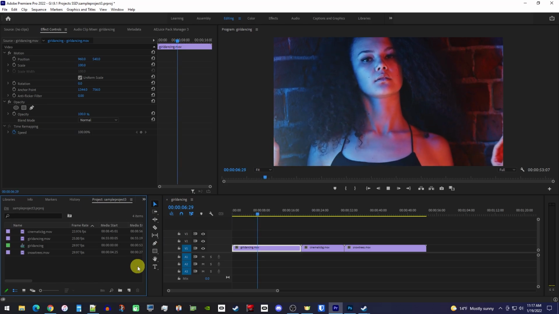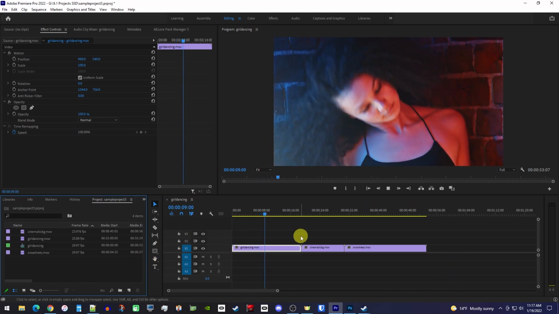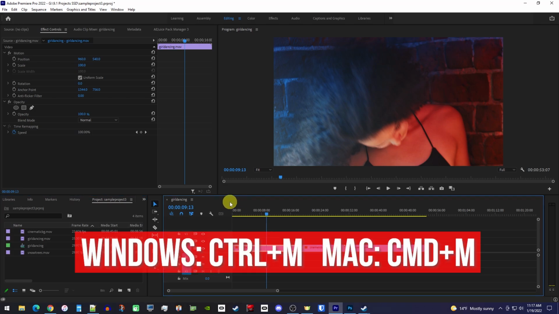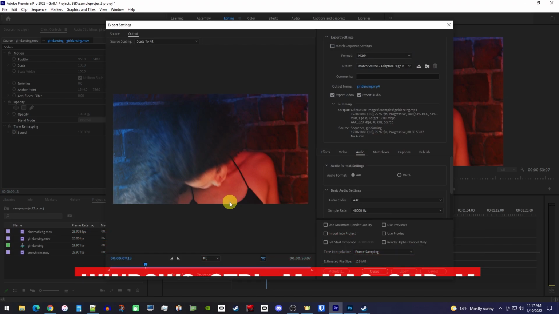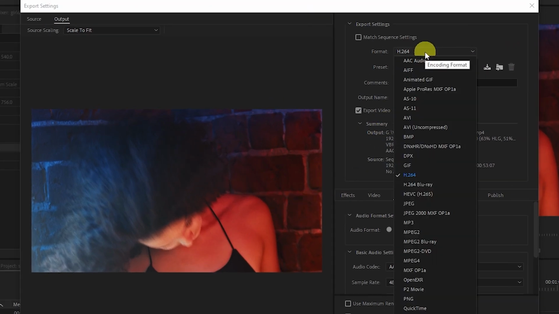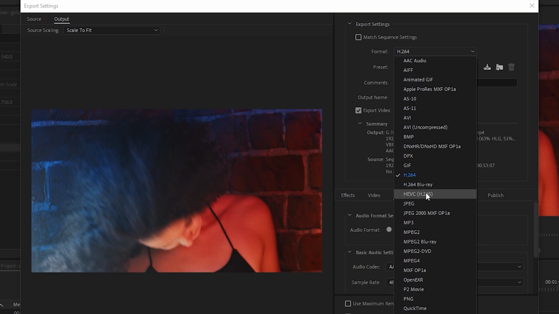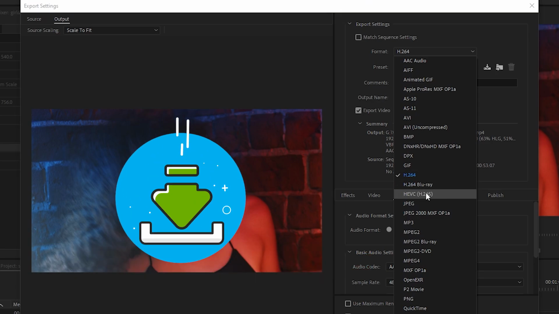Okay, to get started, I have a completed project in Premiere Pro, so let's make sure our timeline panel is selected, and then use the Ctrl-M keyboard shortcut to open up the export window. The first thing you want to do in here is set the format to either H.264, which is your standard MP4 video, or HEVC, aka H.265, which is like H.264 but is more efficient and will give you a better